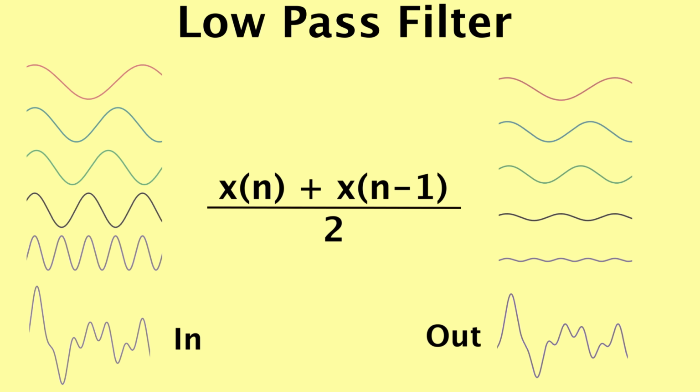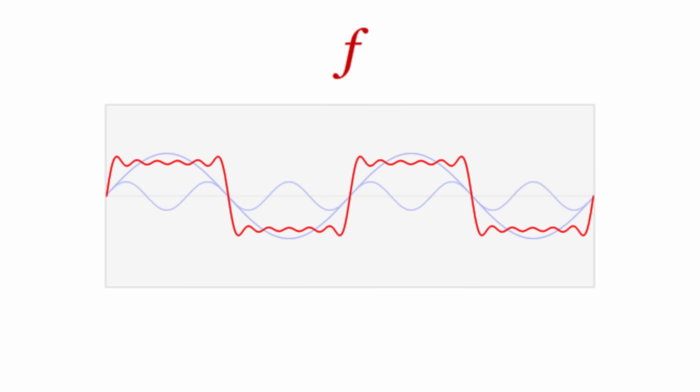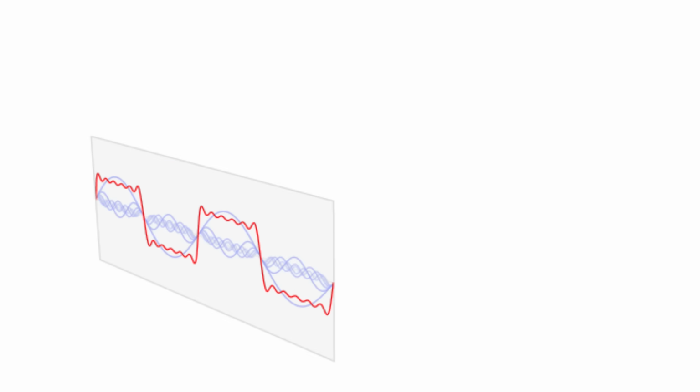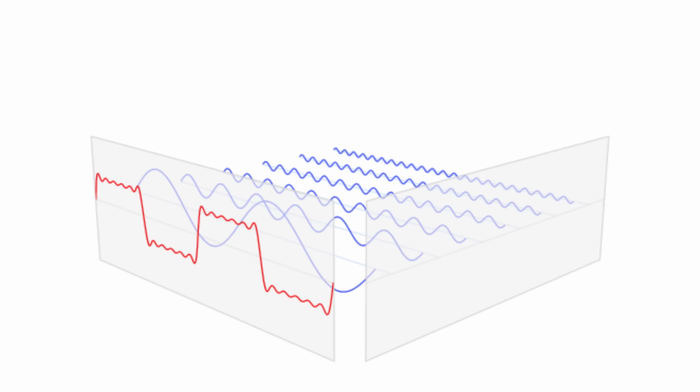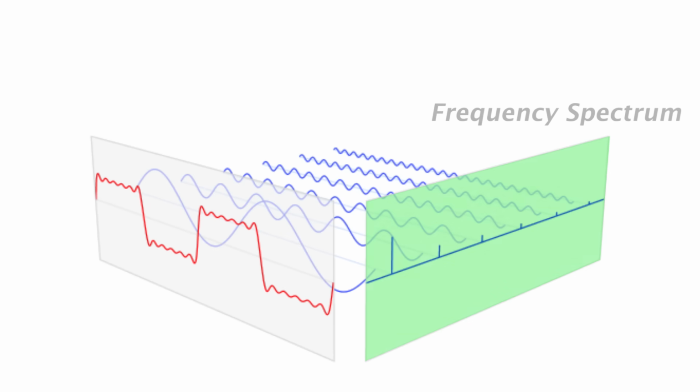In fact, I'll undo the filtering real quick, and you can see the higher frequency oscillations here get removed as we apply the filtering transformation. And no matter what a signal looks like, it can be broken up into sine and cosine functions, which we can analyze individually. The spectrum of those frequencies is known as the frequency spectrum, which is way more useful for